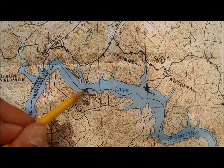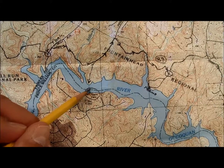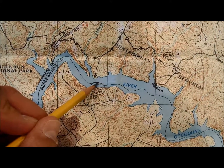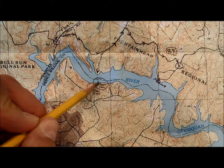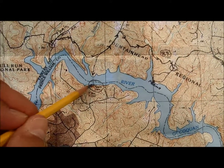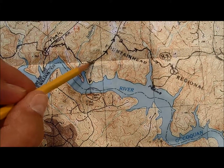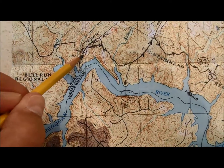Now, I'm under the impression that the actual dam itself, the spillway and everything, is still here, but it's underwater now. Back in around 1957, they built the Upper Occoquan Dam and created this huge Occoquan reservoir, and that raised the level of the reservoir enough that this dam is now underwater with this powerhouse still sticking up out of the water. Okay, so then I bushwhacked my way back to the trail and then just completed my trip back to my